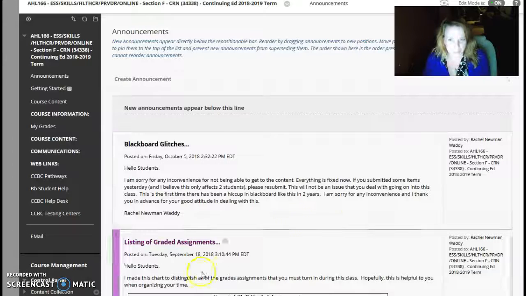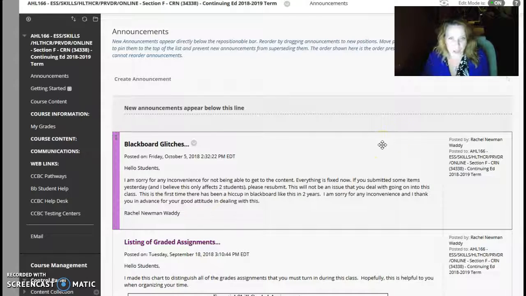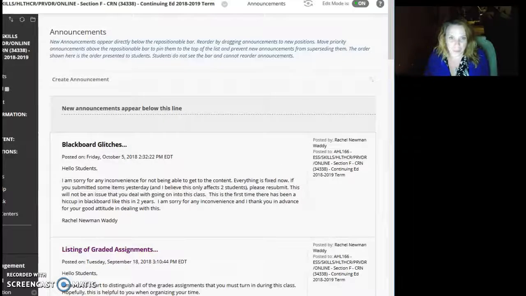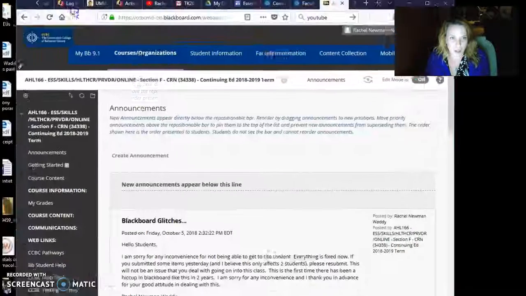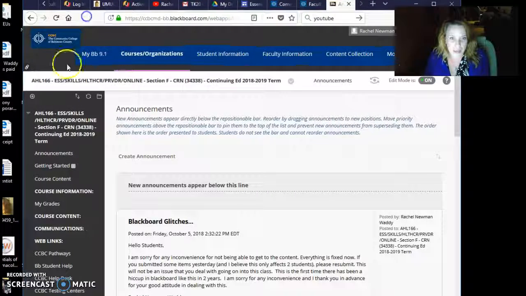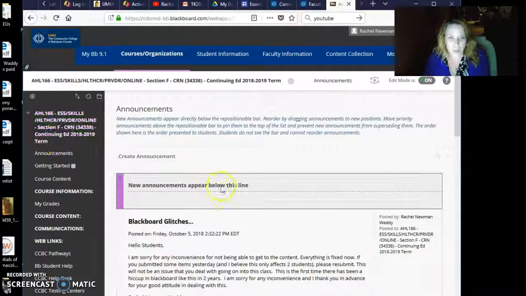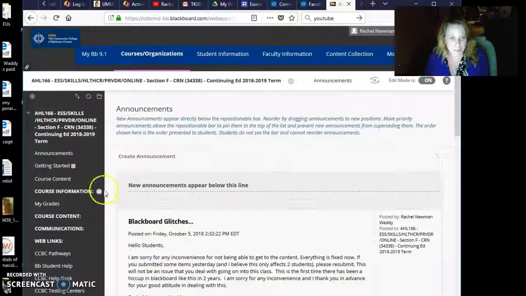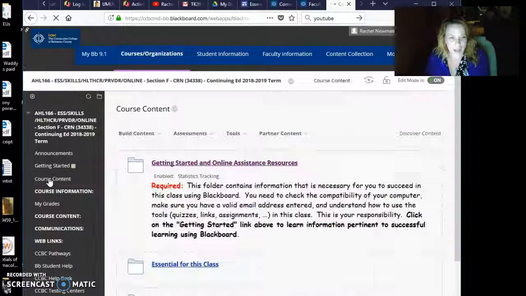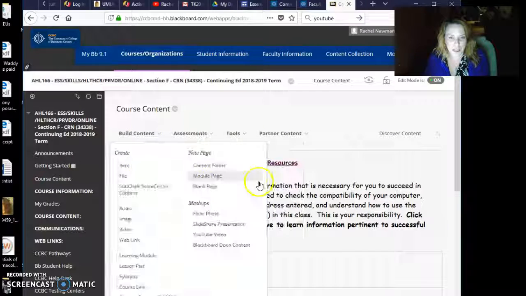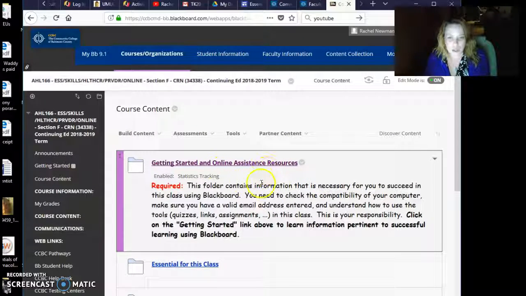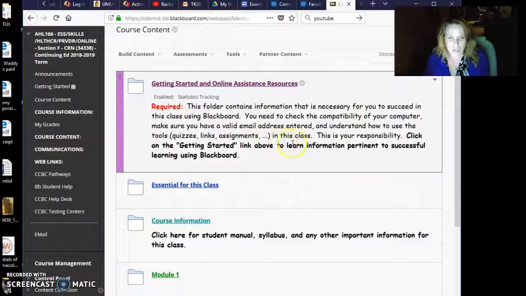So I'm going to take my webcam and tuck myself in the corner over here so we can now look at the screen. Alrighty, so here is what the Blackboard shell looks like. When you first open it up, you will see some announcements. Right here to the left is course content. So click on that. And here you will see some online assistance resources, just in case you need some help